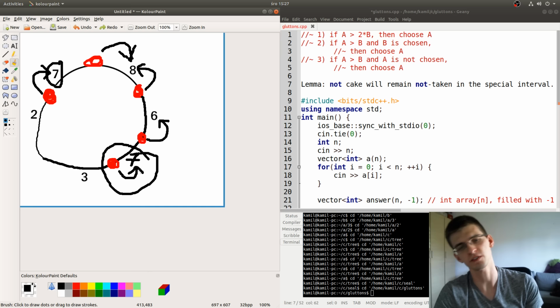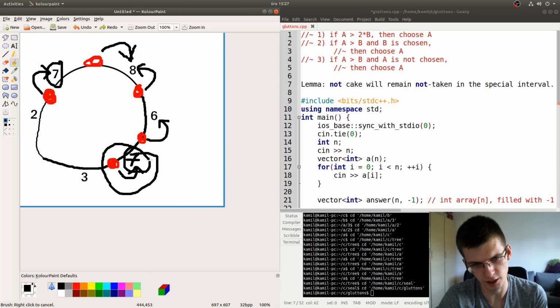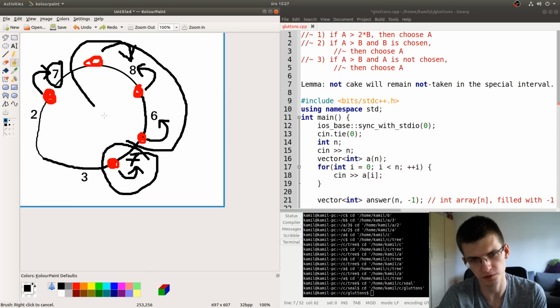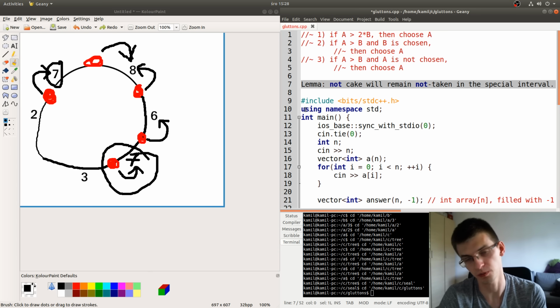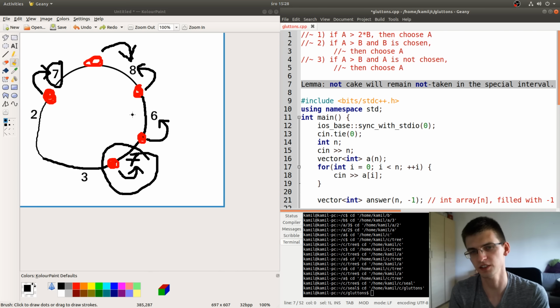And the special interval means this part: an interval between a cake taken by someone for sure and a cake taken by someone for sure. So here the special interval has 3 people and only 2 cakes. It will always be one more person than the number of cakes. And the lemma seems easy to prove, because if in this interval no value is 2 times bigger than an adjacent value,